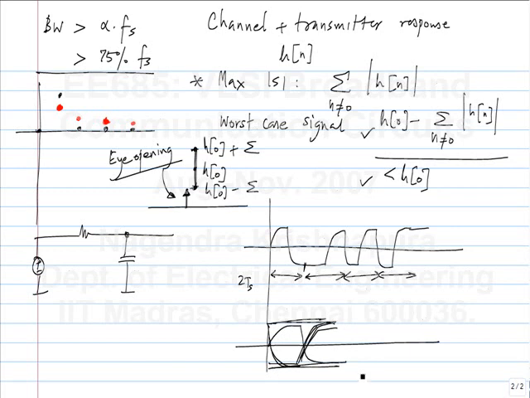Is this clear? I just take some n periods. In this case, I have taken 2. I take 2 periods of the signal and successive 2 period intervals and overlap all of them onto a single diagram. What is the use of this? Firstly, if you go through all the possible bit patterns, then this shows you the transitions and the y-axis values for all the possible bit patterns. And also, essentially, this part that we have here is nothing but what we see here if the sampling instant is this.